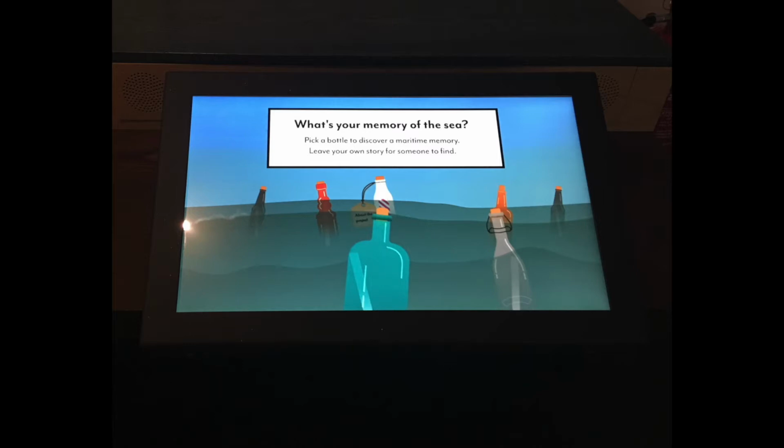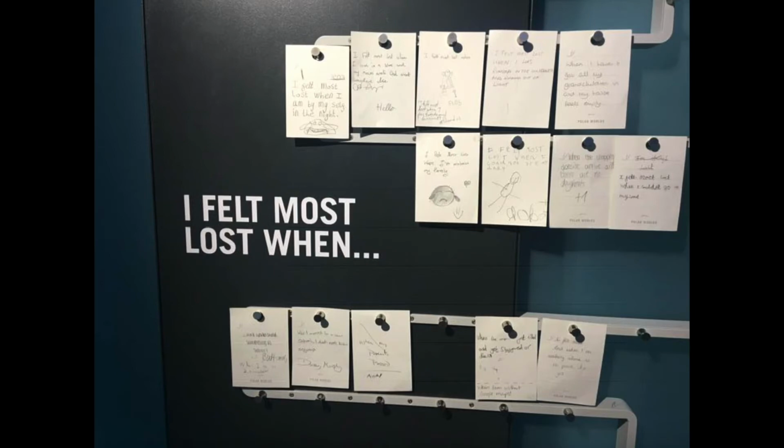The other one I wanted to show you is related to a feeling, and it's a non-digital one. And again, this is a feeling that we can all relate to. Even children will have had this feeling. We all know what it's like to feel lost or lonely. This particular interactive features at the end of an exhibition where you are being asked specifically to relate to something that was presented to you as part of interpretation and storytelling in this exhibition. And it's an instant link between the story you have just presented and the visitor.